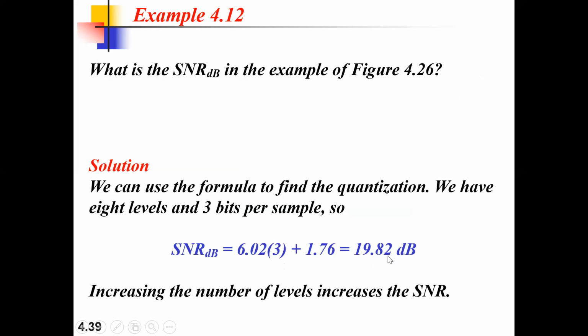This is the signal to noise ratio that you will have with respect to your quantization, using the quantization formula. Understanding it, what is signal to noise ratio actually? What is SNR? Whether it is dB, we will see later. Don't worry about dB. dB is nothing but decibels. If you want to express it in decibels, then it needs to be expressed in that. Don't worry about that. What is signal to noise ratio?